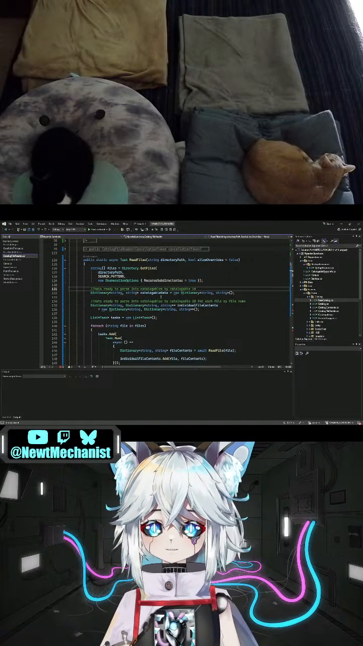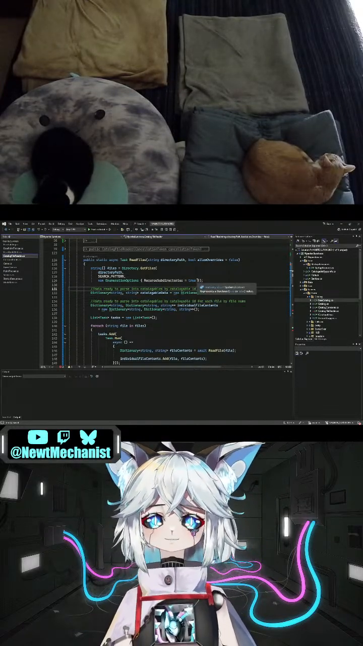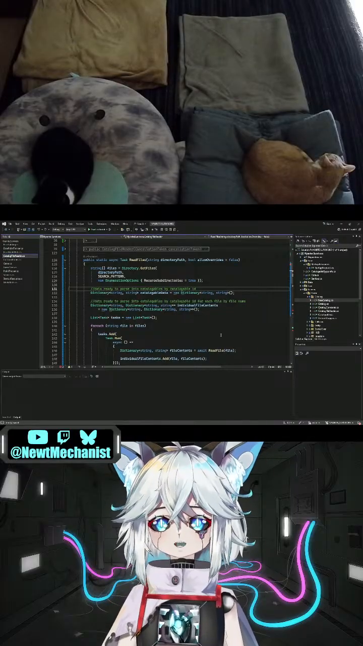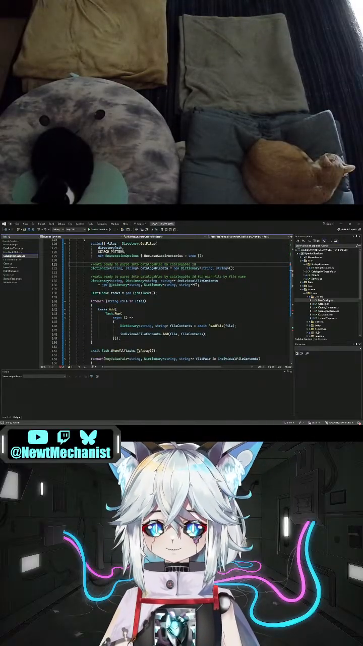No, it is data ready to parse into catalogables by catalogable ID, for each file by file name. Okay. Then